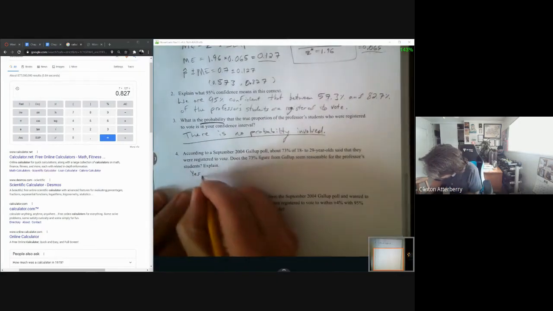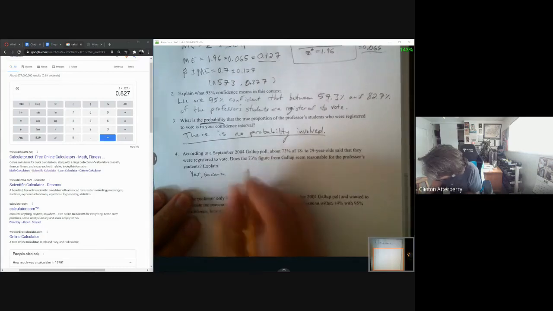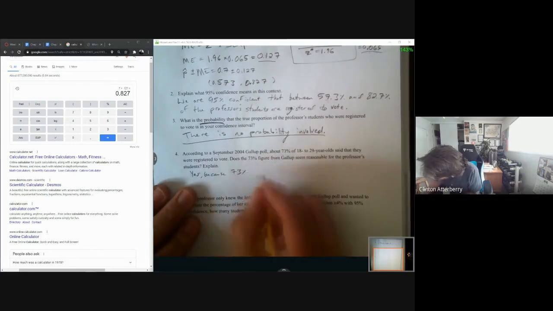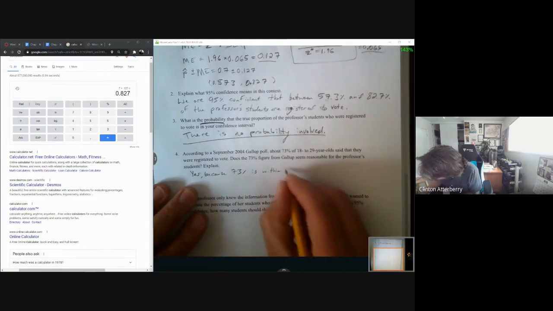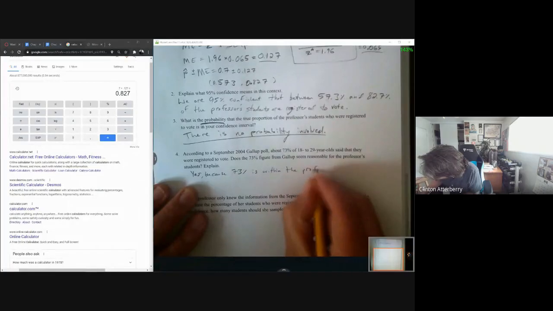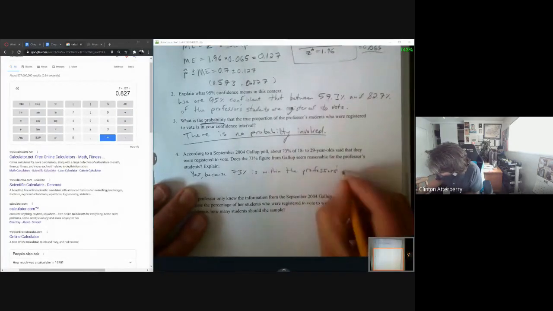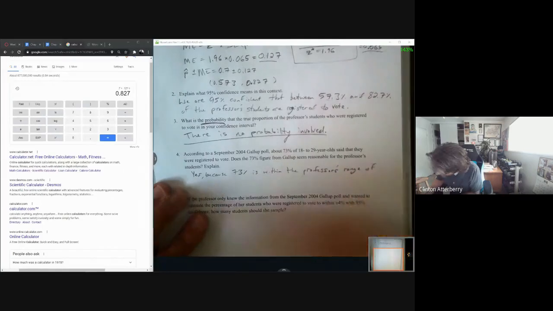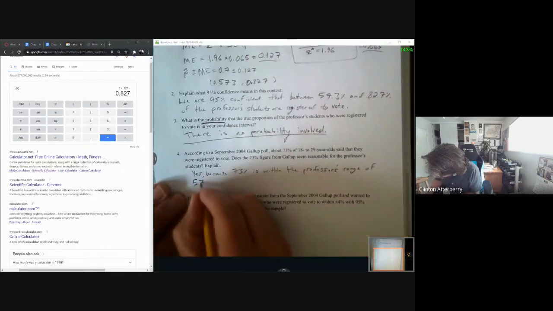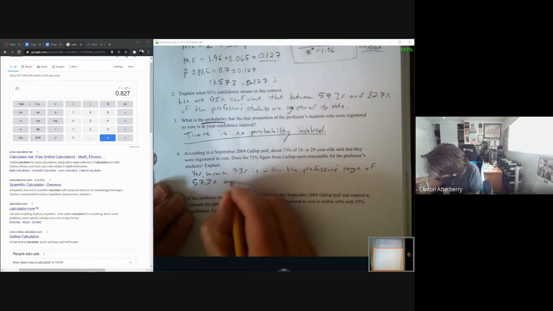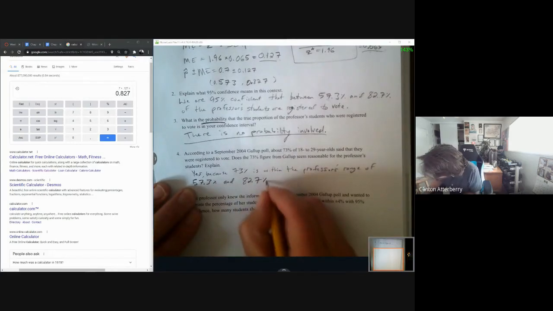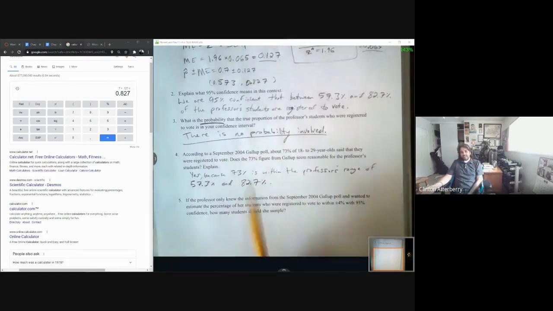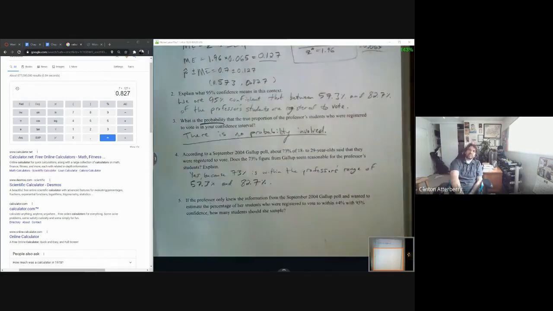Yes, because 73% is within the professor's range of 57.3% and 82.7%. So they said here they took a poll and said 73% of 18 to 29-year-olds said that they were